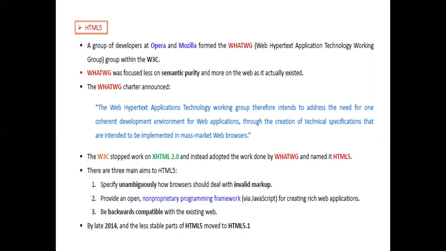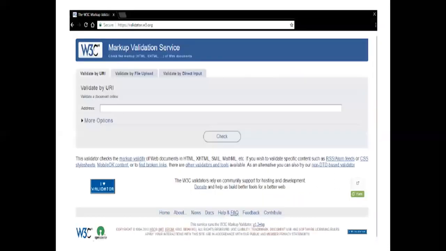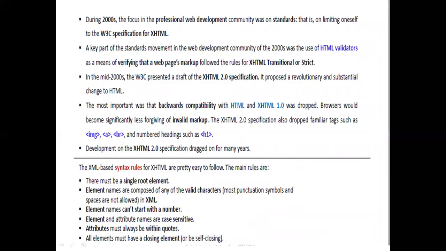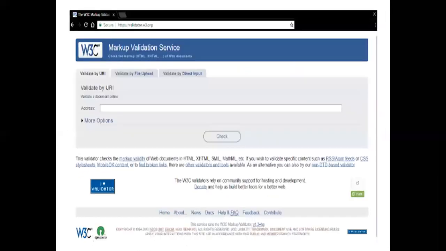They introduced HTML5, and in this version they removed all the restrictions. So if you make a mistake somewhere, it will still accept it and get executed.